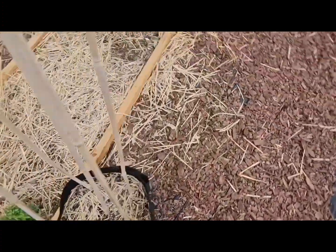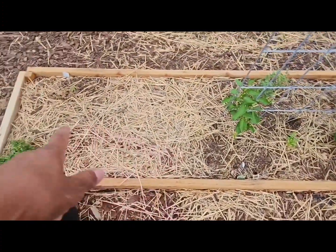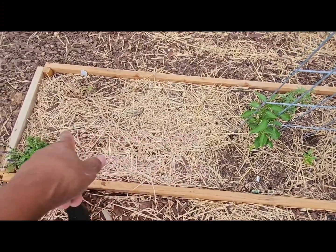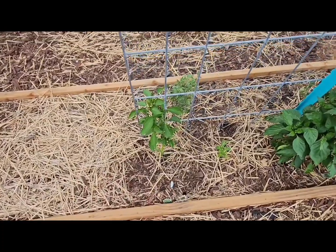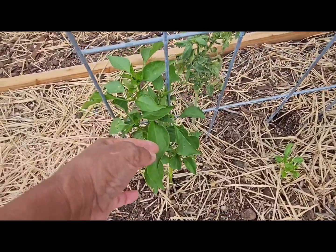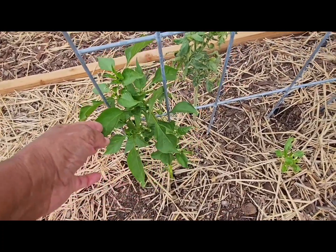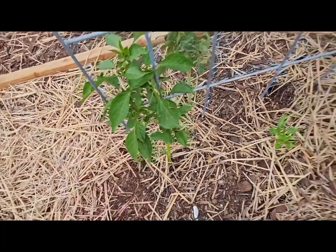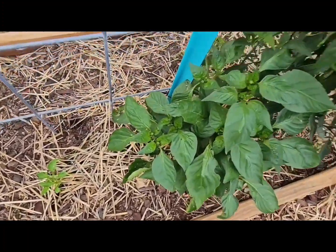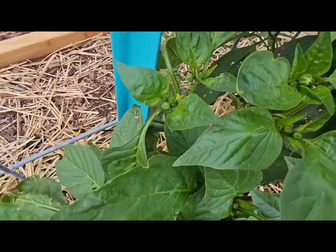I know that I put something in here, but you guys, I cannot remember. I think I put some kind of pepper seeds in here, since these are all peppers. I don't know what this pepper is. It's doing okay. It has a few buds on it. So is this one. This one's doing pretty good. It has some...